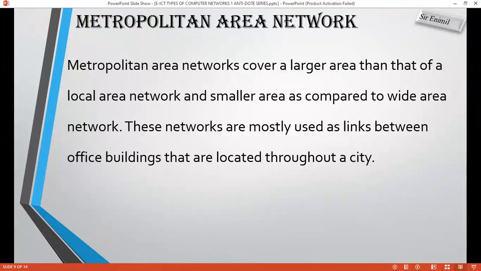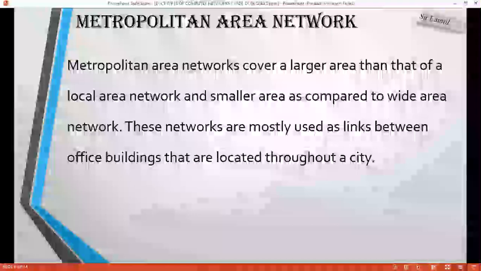All right. Now, if you want to have this same tap in a lot of houses within a city, then you're looking at a metropolitan area network. So a metropolitan area network covers an entire city or town. It is not limited to a particular house. It covers a lot of houses. That is, if you are using the tap as in the water analogy, then you can have water in one house, another water in another house, the same water system in different houses. Once this is done and all of them are connected, it means that you have a metropolitan area network. And a metropolitan area network covers an entire city or town.